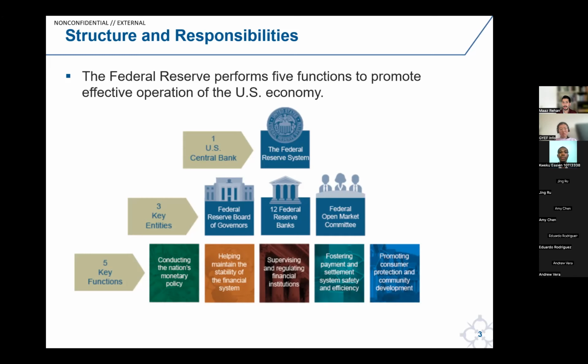Within the board, there are other functions and groups as well that reside underneath the governors and their objectives of what they're mandated to work on. We spoke about the 12 Federal Reserve Banks, how they're spread across the country, and each of them also has respective groups and functions and responsibilities, whether related to monetary policy, regulatory policy, community development, and other supervisory or market-related